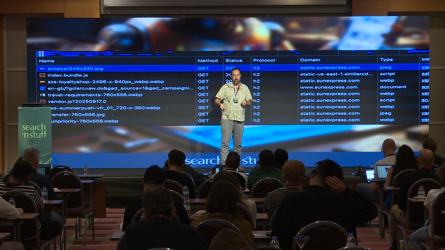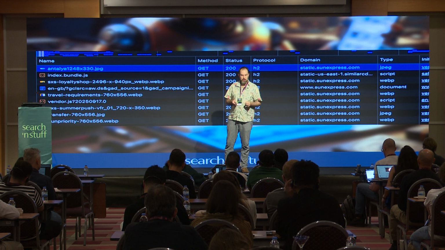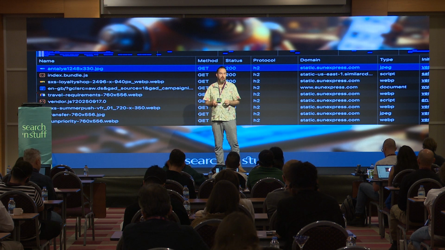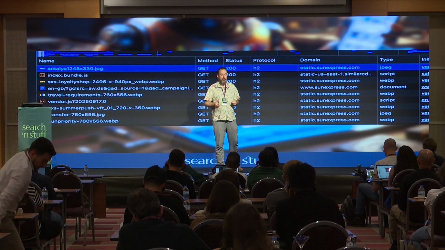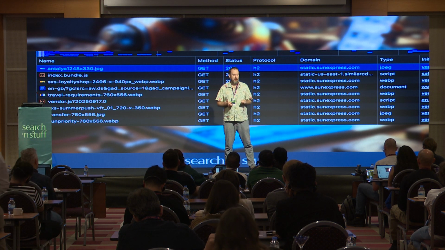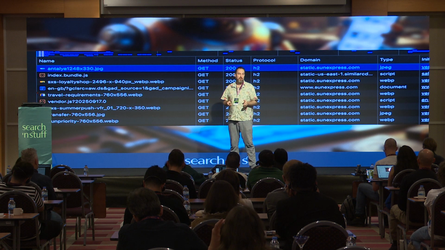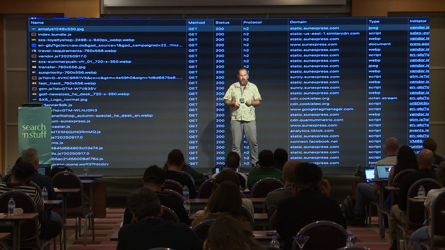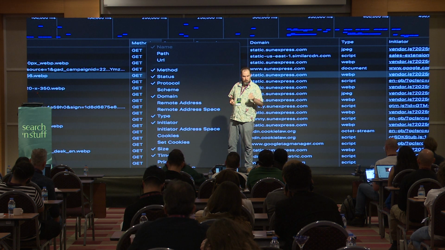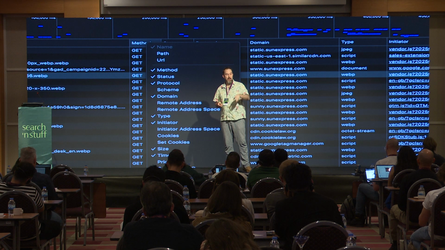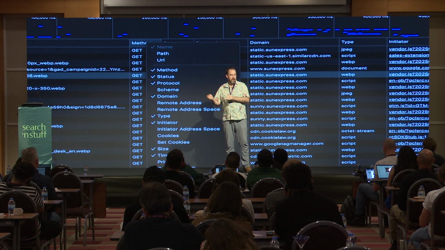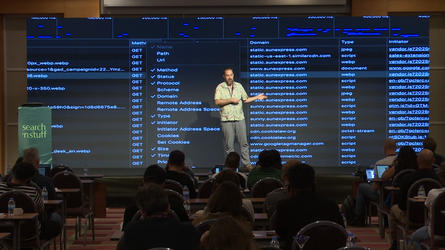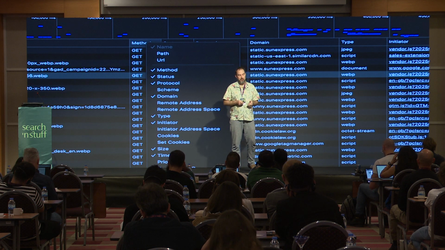I also have the network part, which often shows you when there are huge images. You can add some extra columns into this as well, like the protocol and various other columns, which means you can learn a little bit more. Built into Google Chrome, the Inspector tools, dev tools, sorry, there's so much information hidden away in there that people never look at. You can add these extra columns by right-clicking on the top of one column, and then adding all of the extra columns that you want. If you don't add in things like the protocol, you don't know if it's being loaded over HTTP 1.1 or HTTP 3 or something like that. So there are huge opportunities to look at more.